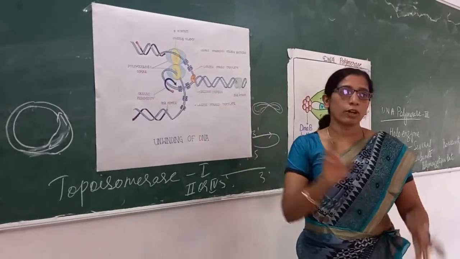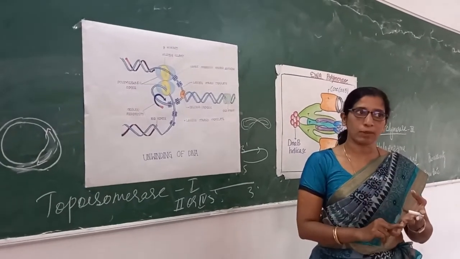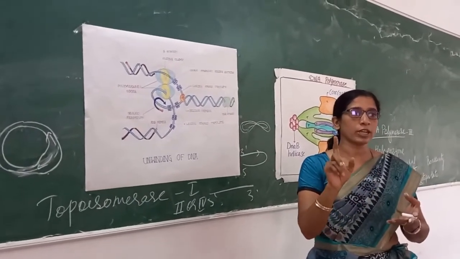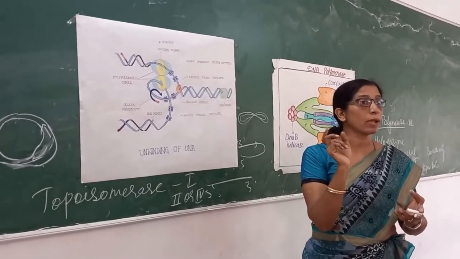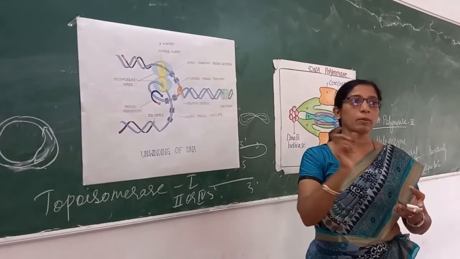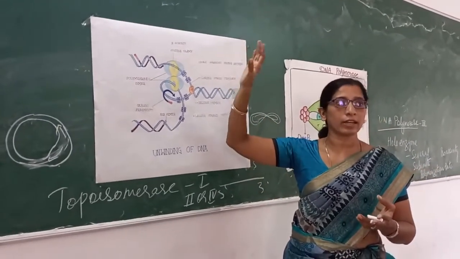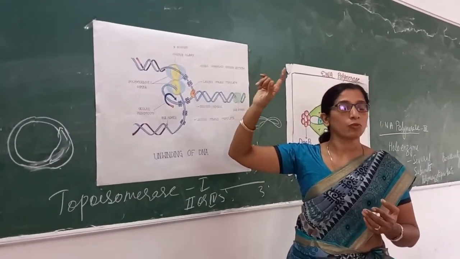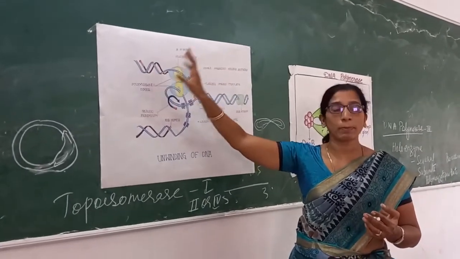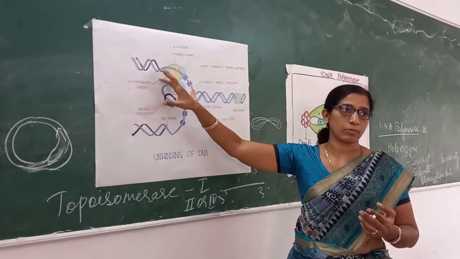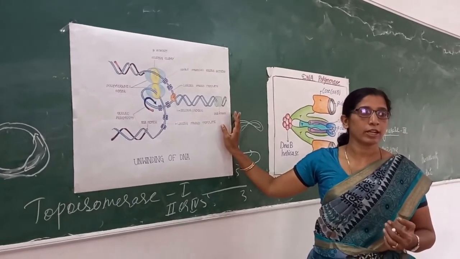So what is the process? DNA polymerase 3 carries out polymerization in the 5 prime to 3 prime direction, and it also has exonuclease activity in the 3 prime to 5 prime direction. That is called proofreading. It checks for any mismatch while polymerizing. Still, any mismatch that remains gets rectified and corrected with the help of DNA polymerase 1, with its 5 prime to 3 prime exonuclease activity. Its primary role is to remove this RNA primer. So this is about elongation in the DNA replication process.